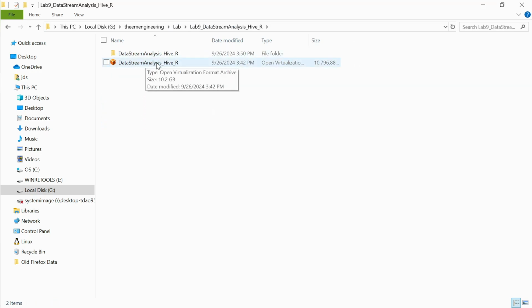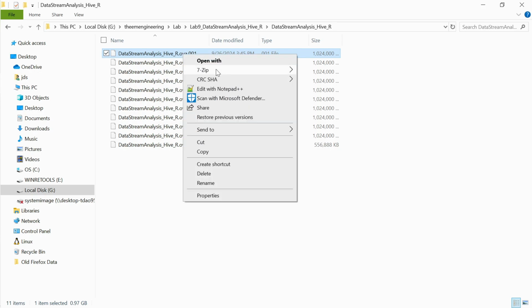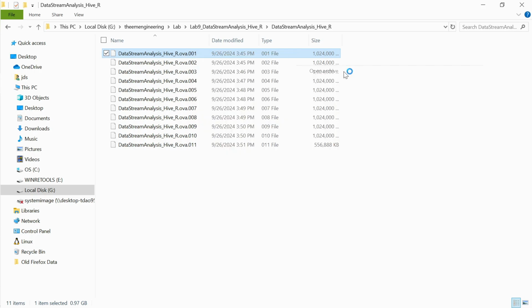Here you see I've got a single OVA file which is like 10 GB, but when you download, you need to unzip this like this. Only this OVA file should be there, and when these files exist in your directory, these are the only files which should exist. Once you click on one of them like .001 and right click, 7-zip, open archive,